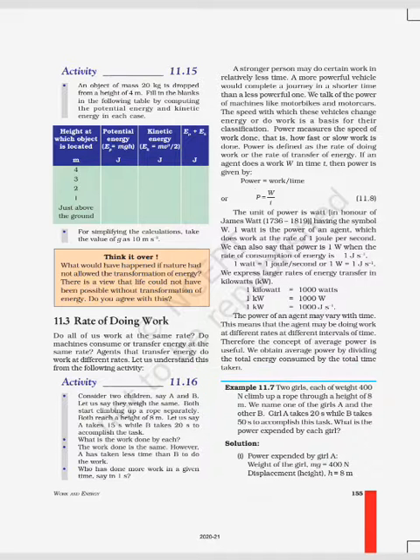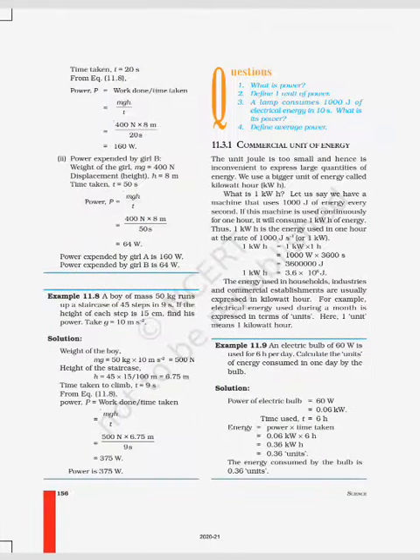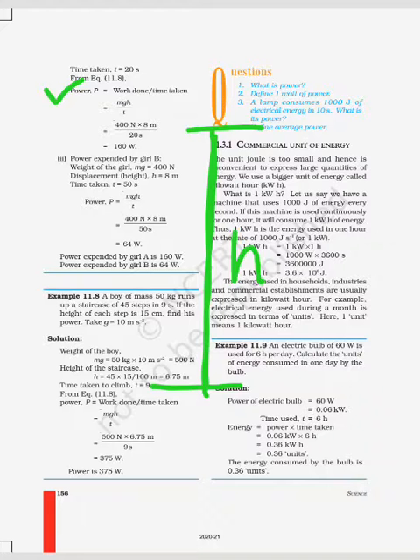So first we will write the given quantities. The weight of the first girl is 400 and the second girl also 400 Newton. We know power is equal to work upon time, but here how will we calculate work? When we are moving in the upward direction, there will be one type of energy that is known as potential energy. When we reach the highest point, we will attain some potential energy. The formula of potential energy at a height h is equal to mgh, where mg is nothing but weight.